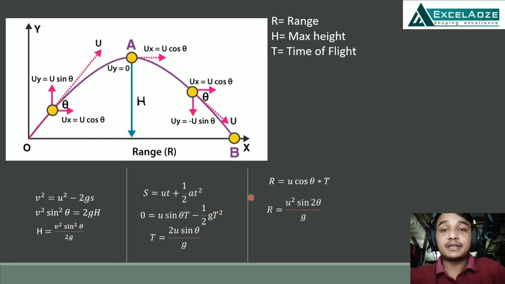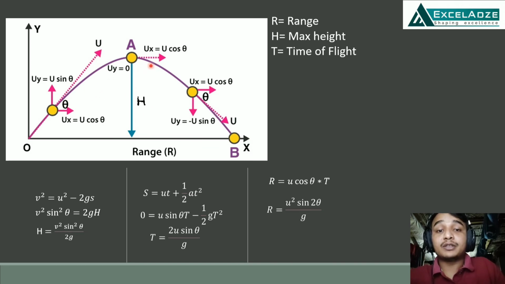As I have stated earlier, the vertical component of the velocity will only be affected by gravity, and the horizontal component will remain the same in the entire motion. The vertical component will be the reason for the height and the horizontal component for the range. Since the vertical component of velocity is upwards and gravity is downwards, the vertical component of velocity will decrease.